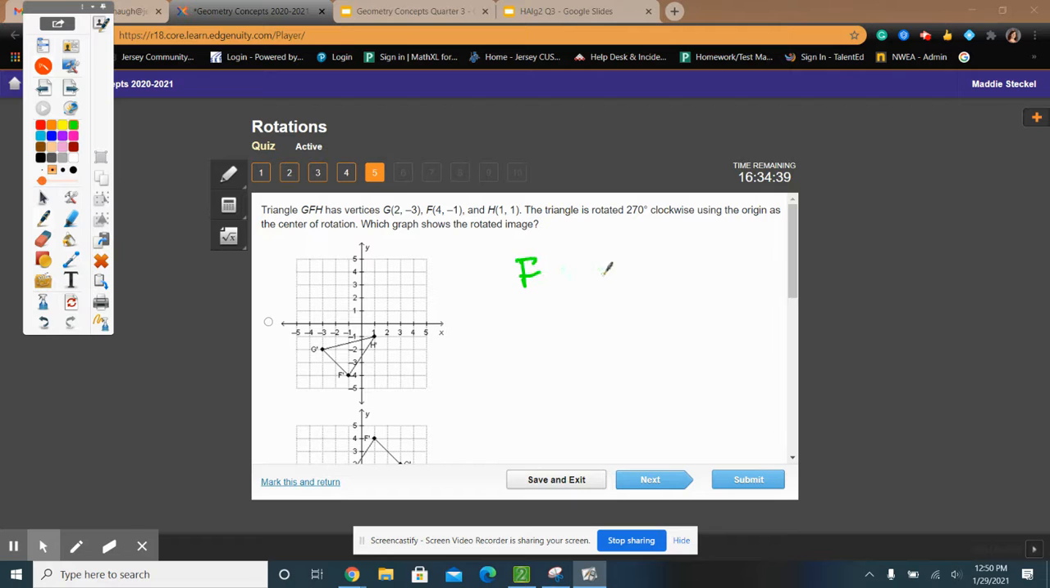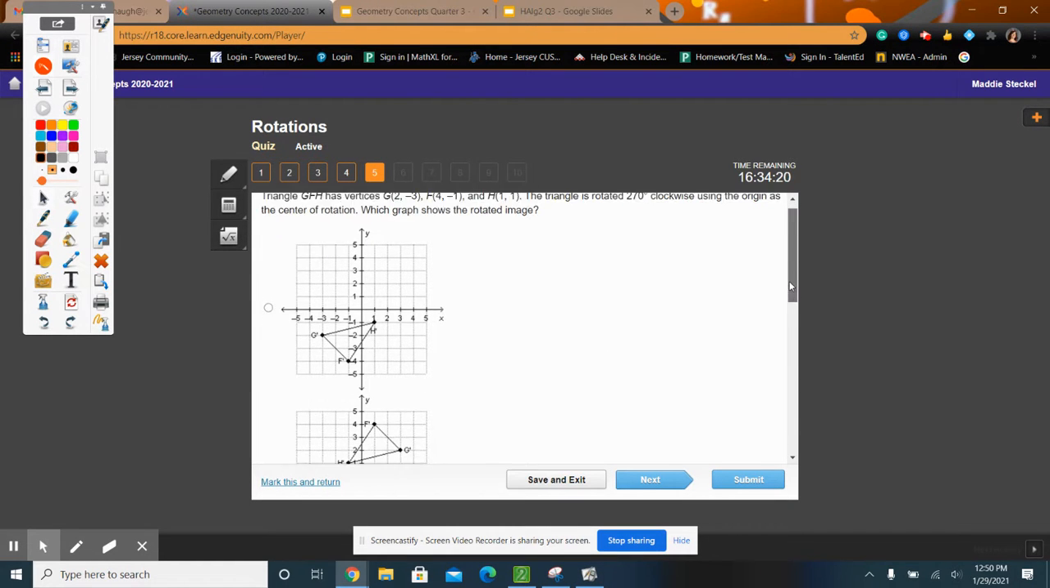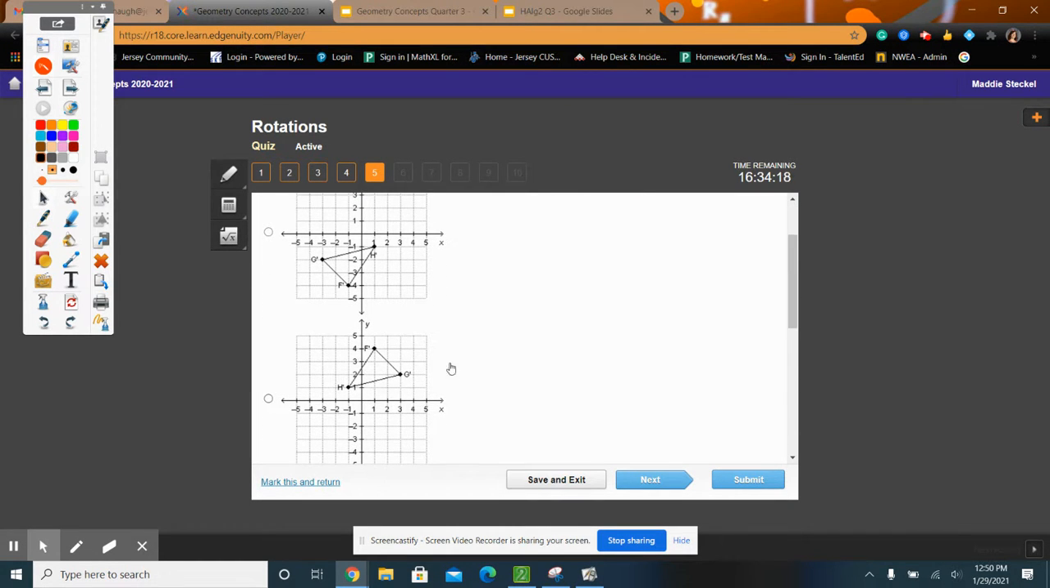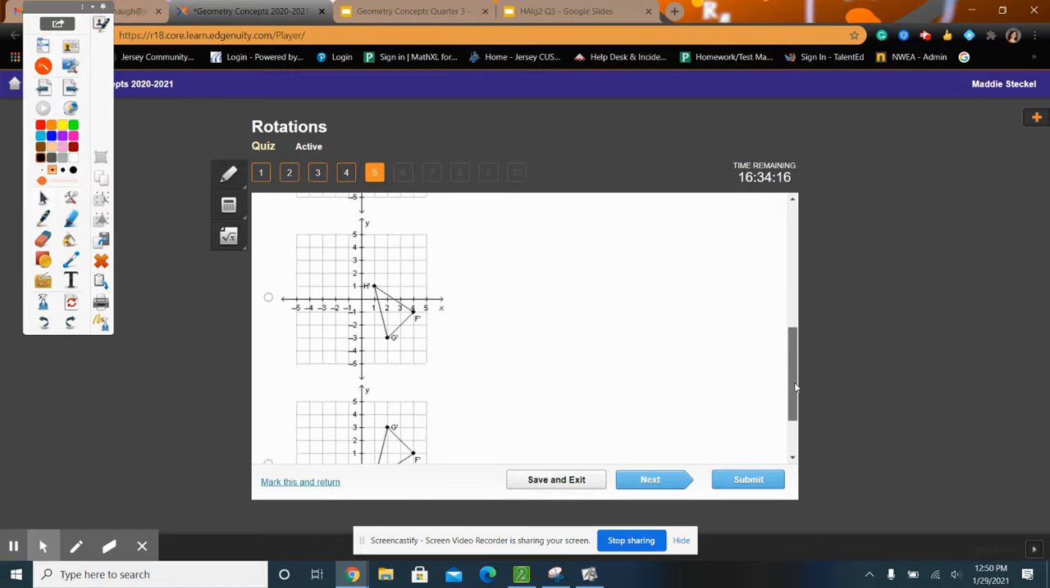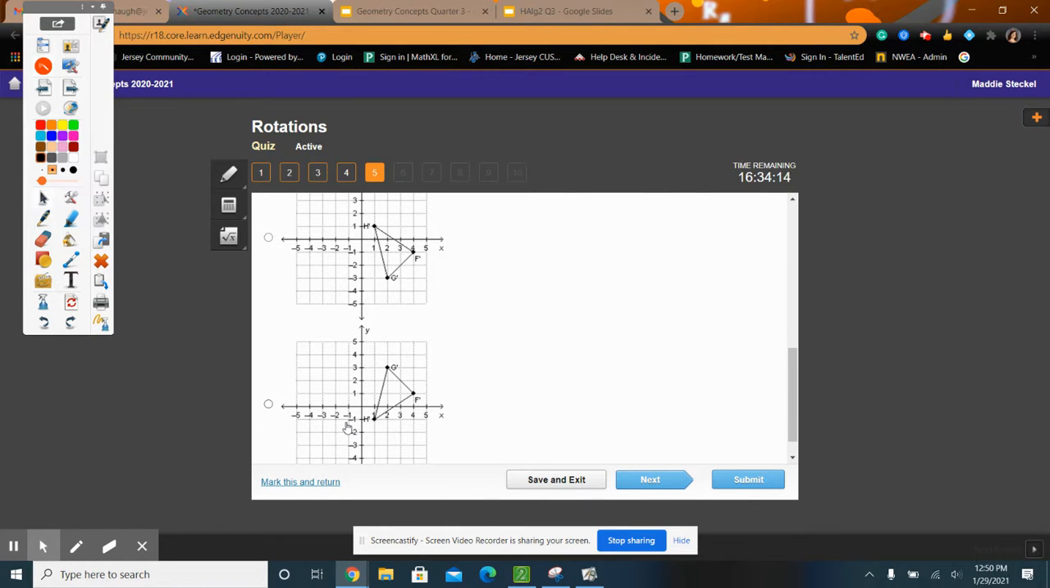If F was at 4, -1, and I went 90 degrees counterclockwise for F, F would also be in quadrant 1 with G. So G and F should be in quadrant 1. This has G and F in quadrant 1. This one has G and F in quadrant 1, but its F is really kind of down here a little